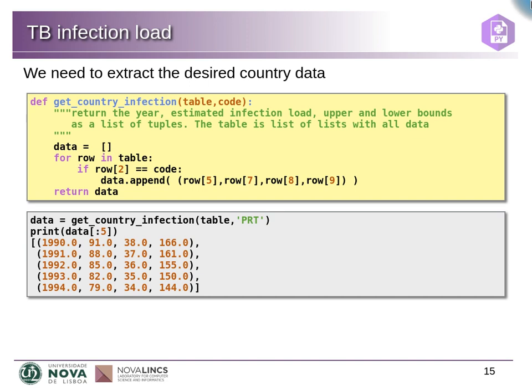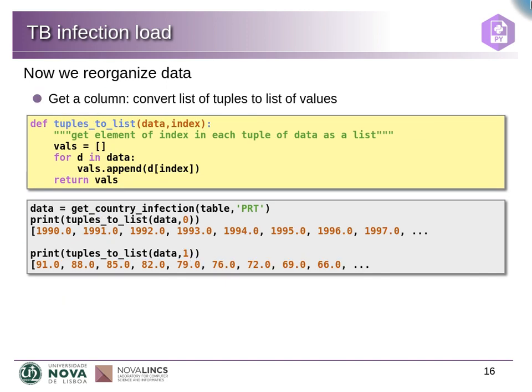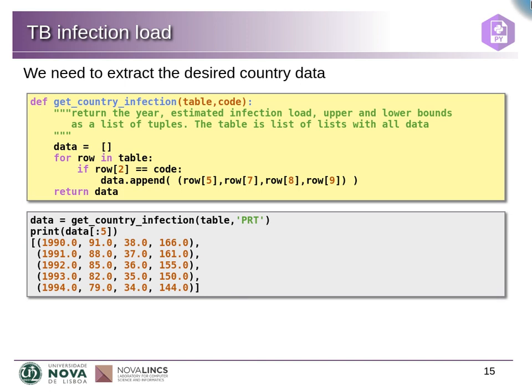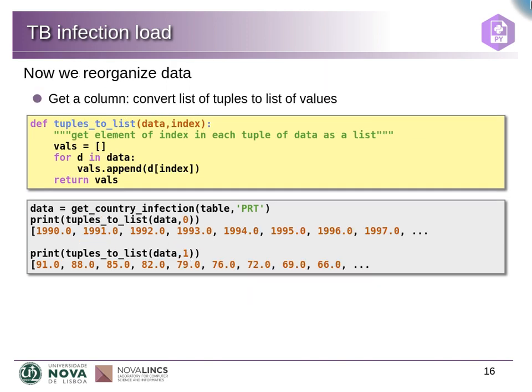Now we want to plot this, and we have these values for each year as tuples. There are simpler ways of doing this. We'll see next week how we can use NumPy with this kind of metrics. But now we're just using matplotlib to plot, and we need one list with the years and another list with the value we want to plot. So we need to break this down into separate lists. One with the years, one with the estimates, the lower bound, the upper bound. So we can do this with a simple function